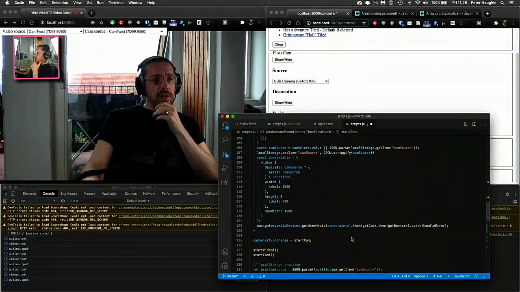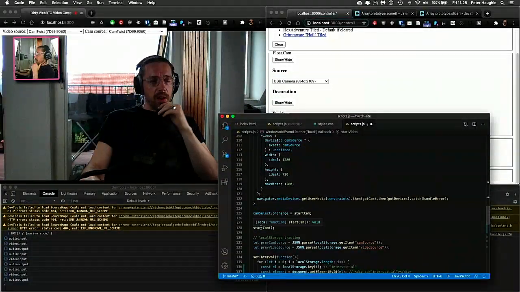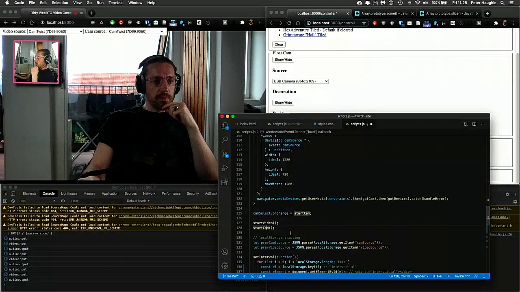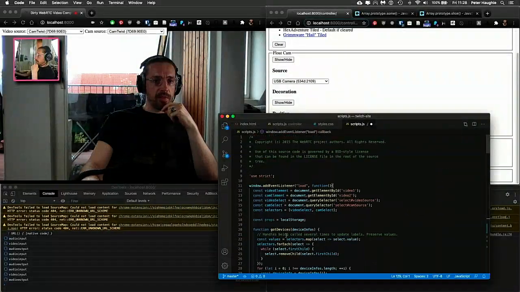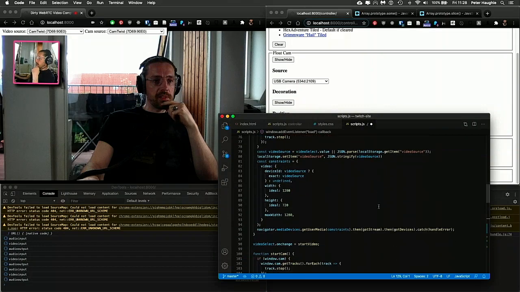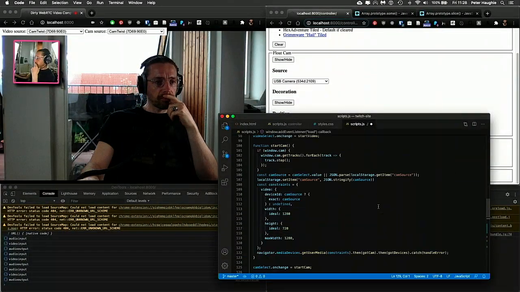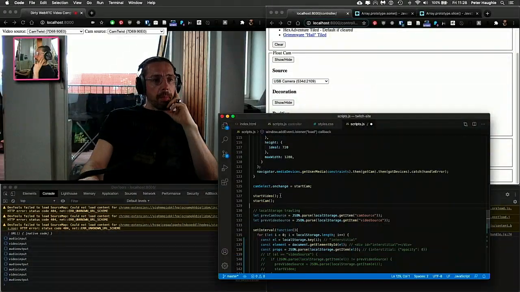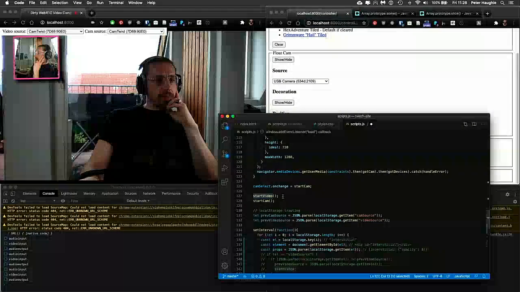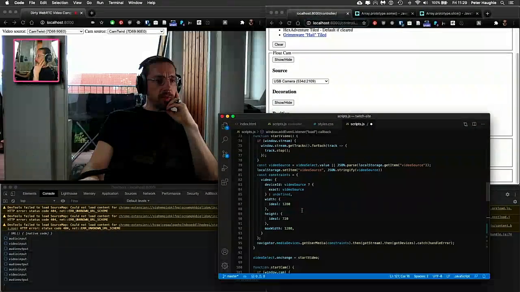We do call these on the page load, which is why everything comes up straight away. So you'll see the start video and start cam on load. We've wrapped this entire thing in a window event listener at load. So once that's done, then go through the steps here. So we're not waiting for anything. So it starts the video, and then once it starts the video,